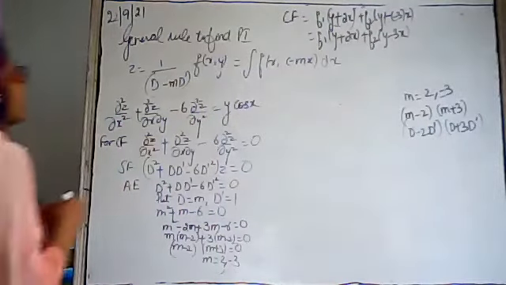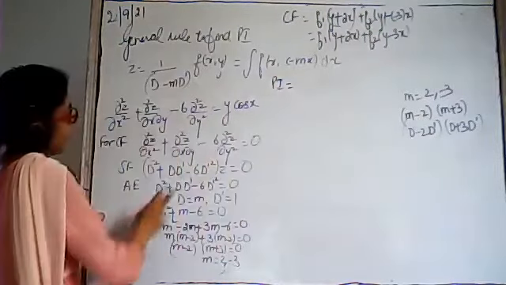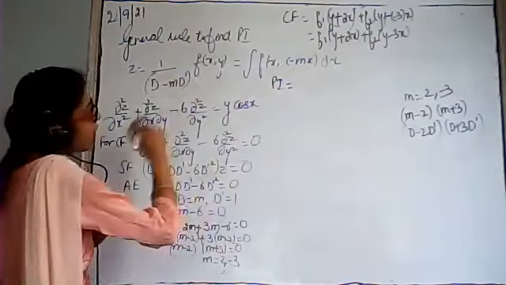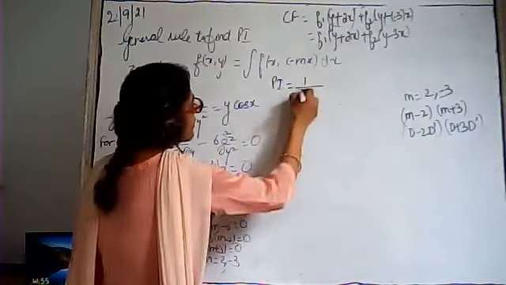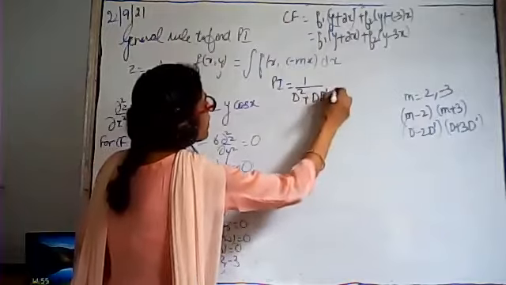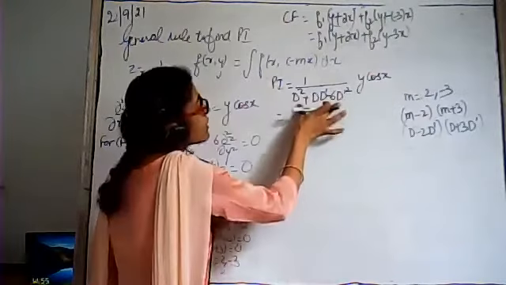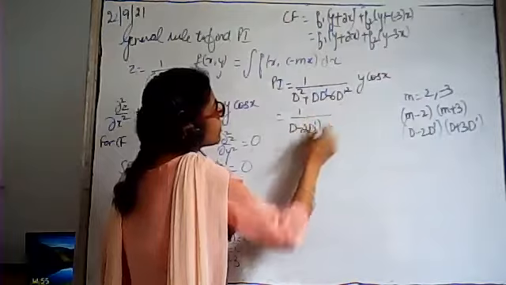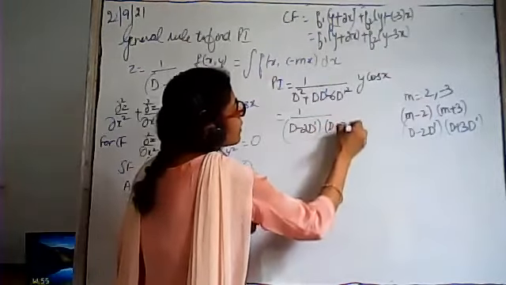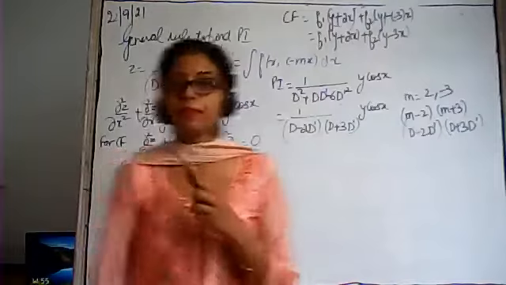Now for the particular integral, you have to take the coefficient of z on the right hand side. So the particular integral will be 1 upon the coefficient of z, which is d square plus dd dash minus 6d dash square, into the right hand side, y cos x. This denominator can be written as 1 upon (d minus 2d dash)(d plus 3d dash), ठीक है, into y cos x again.